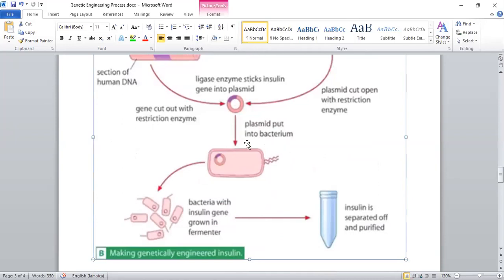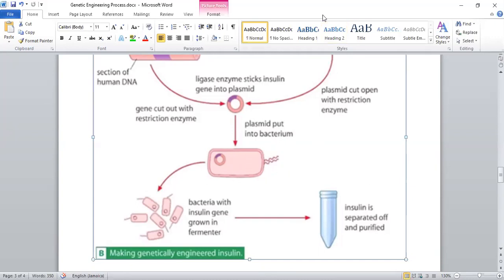We could use calcium ions to help it to get inside, or we could increase the temperature to help the plasmid to get inside. But once the plasmid gets inside, we say the bacteria has been transformed. But normally we need to check to see which bacteria were transformed.